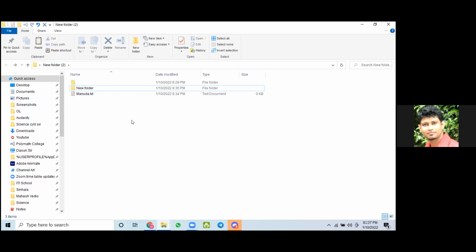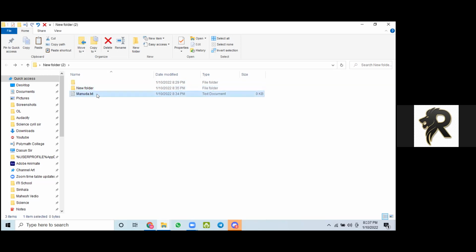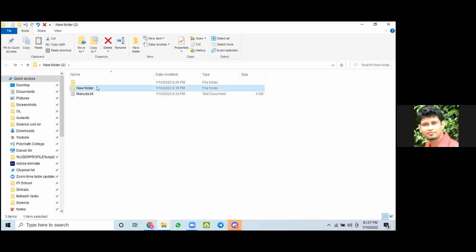Okay. So now you know how to copy and paste, copy and move. What's the difference between copy and move? Copy will take a duplicate, then move is cutting. So what is the correct way or long path? You have to right click and copy. Manudar, can you copy and show? Right click on the file and copy, or folder and copy.